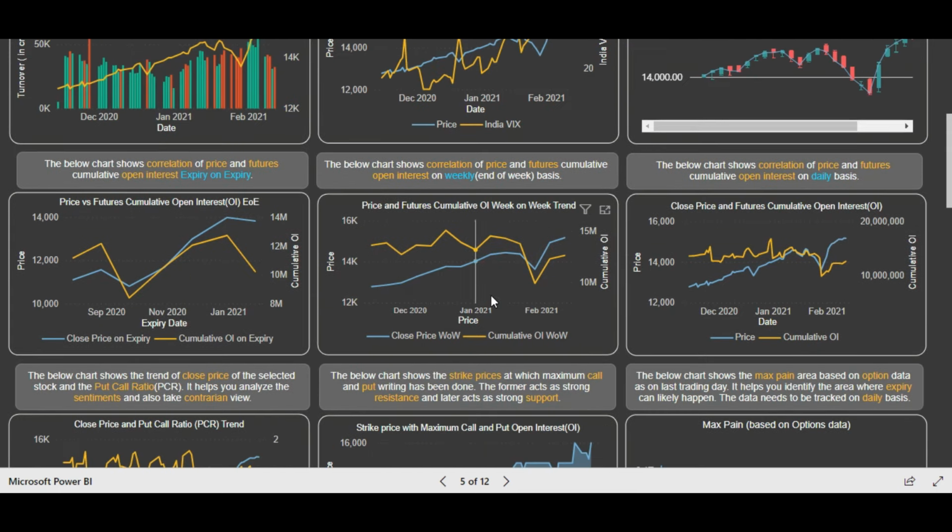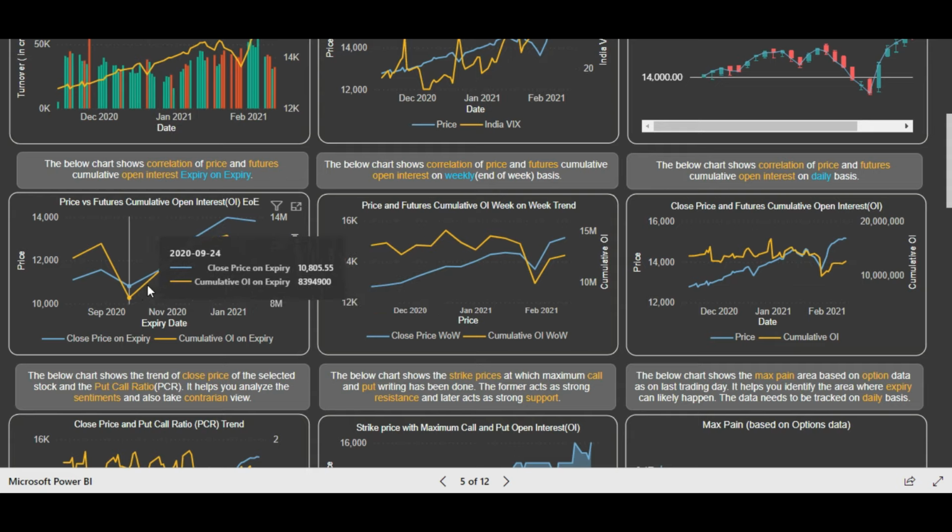Now coming to the futures data, here are three graphs of futures cumulative open interest. In the case of futures also, we are taking the cumulative open interest, not only for the current expiry but the next two expiries also, right? So expiry on expiry, if you are doing positional trading, that is, making a position from a 2 or 3 month perspective, this graph is very important for you, because it gives you the overall trend, removing the fluctuations within the month, and covers the multi-month trend.